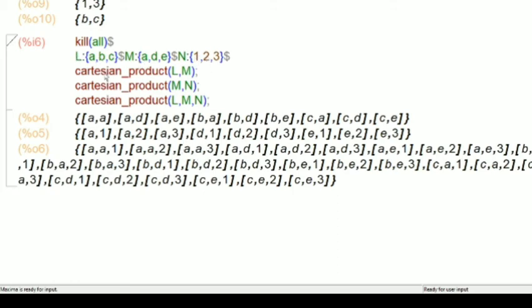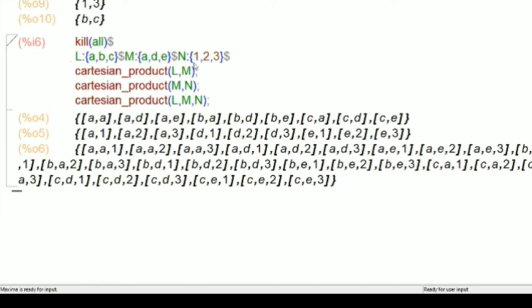That is what it is doing. Now A with all these elements is over, so it goes for D. A, D, 1. Next, A, D, 2. A, D, 3. That is how it runs like a loop.